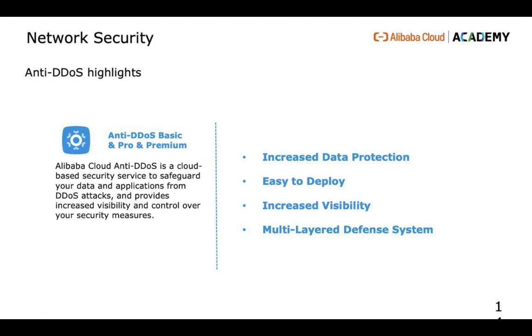As a global service from Alibaba Cloud Security, Anti-DDoS Basic functions with 5 gigabytes per second capacity of DDoS mitigation against common DDoS attacks. Alibaba Cloud Anti-DDoS Pro is only available now for Chinese mainland customers, so we won't introduce it too much in this course. For users who have business servers deployed outside of mainland China, Alibaba Cloud provides Anti-DDoS Premium service to